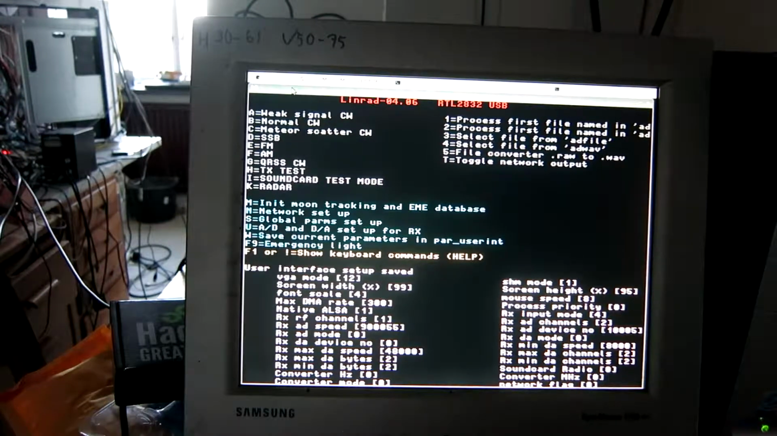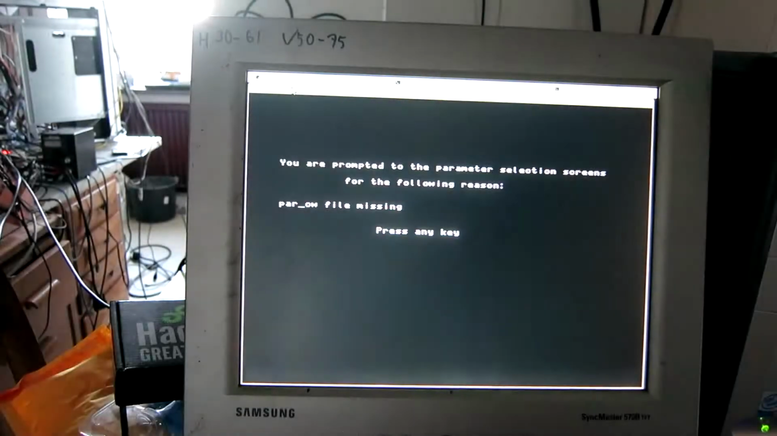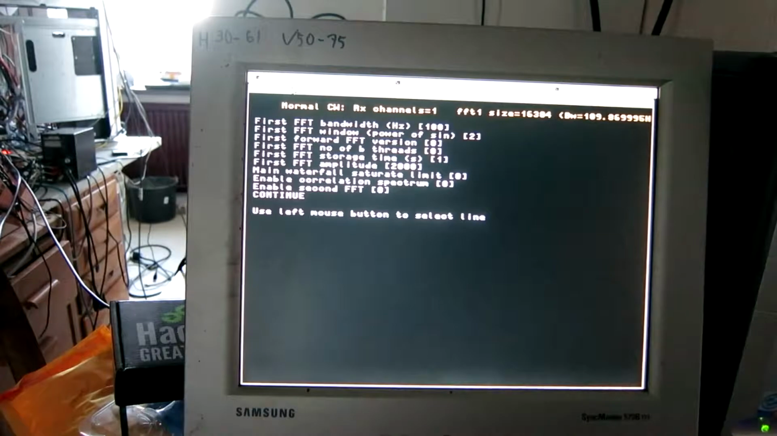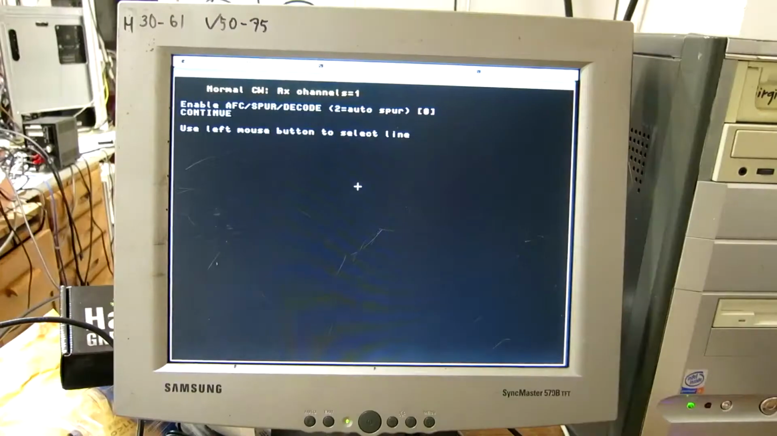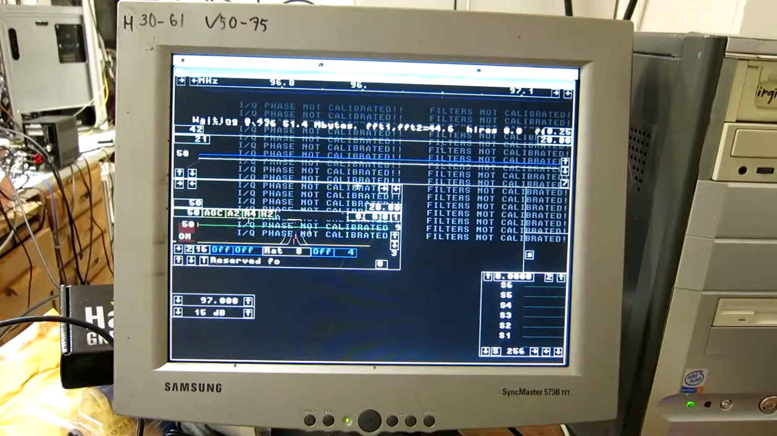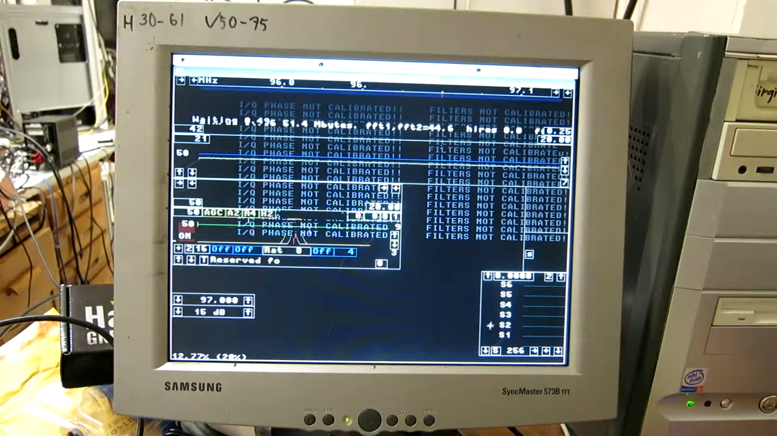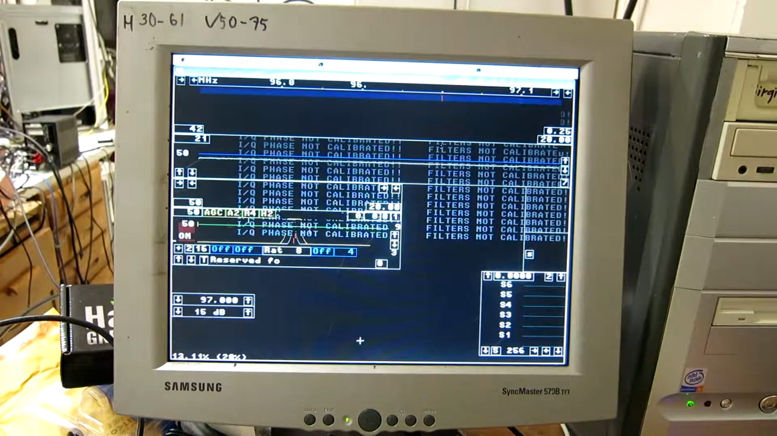And I'm going to look at beacons. I select normal CW, that's B. And here, what I select here will affect performance, and I will show that later. So to start with, I just press enter. So here is the default screen. I want to listen to the SK4MPI beacon on